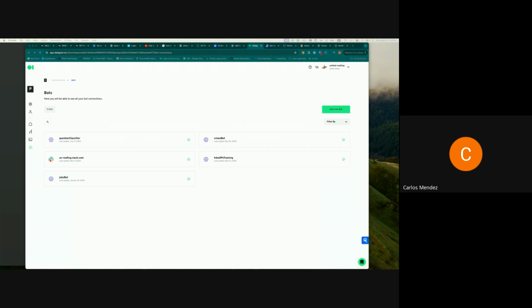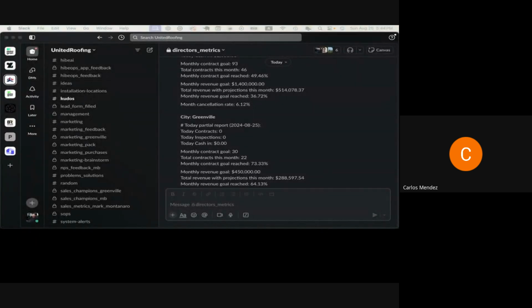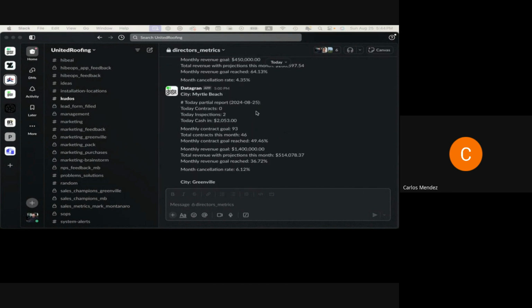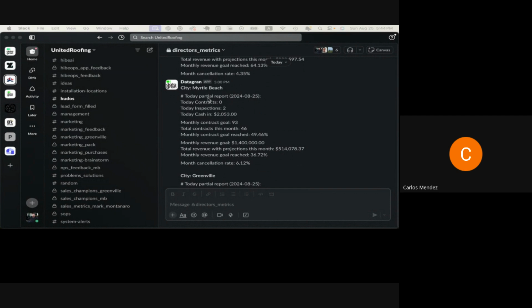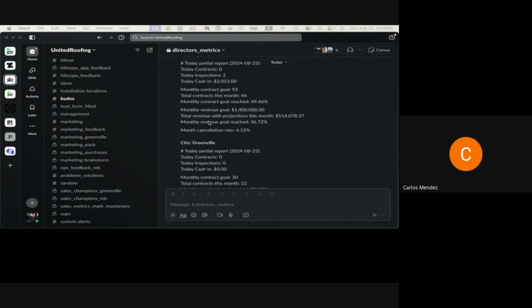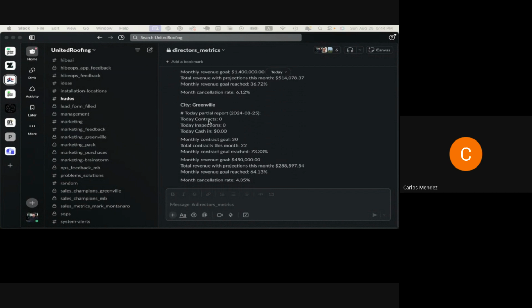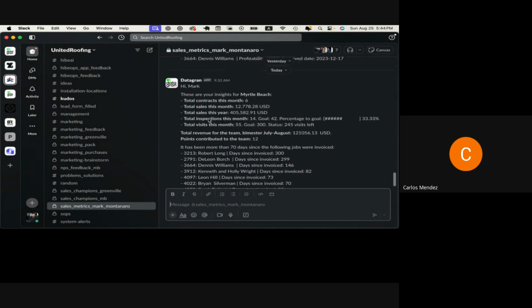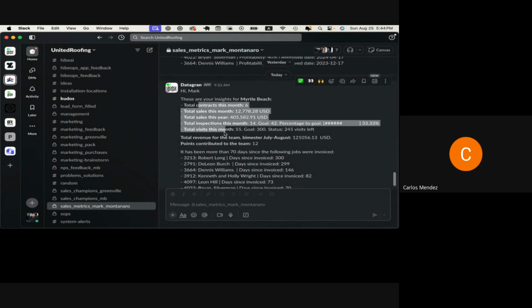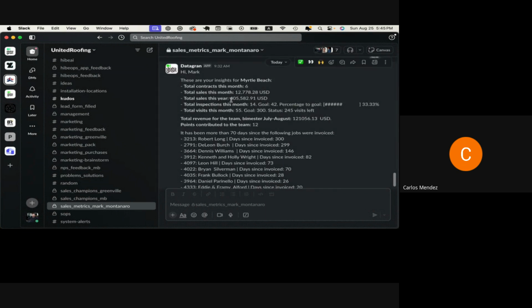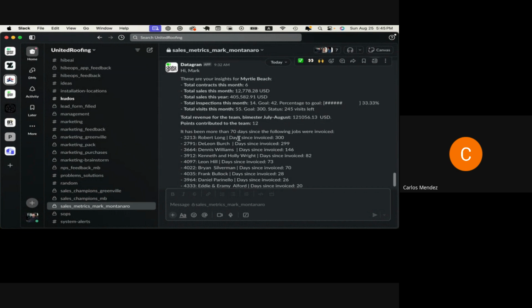It's sending alerts all the time to different channels, but not only that, they can ask questions in natural language. So for example, this is directors alerts, where they receive every single day the performance of each one of the cities that they have. But not only that, specific salespeople have their different metrics, and all the managers of these salespeople are in these channels, so this person can know how far he is from his goals,